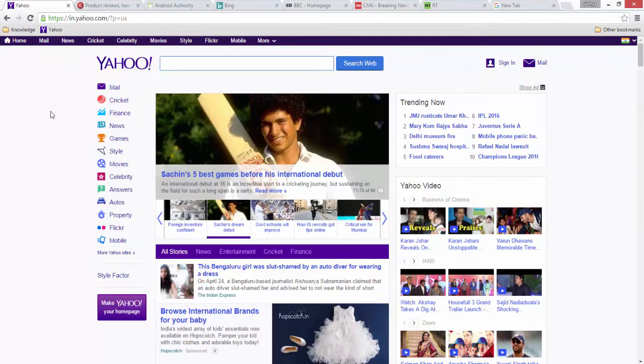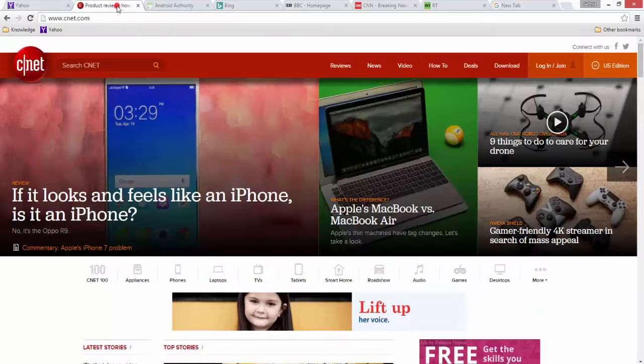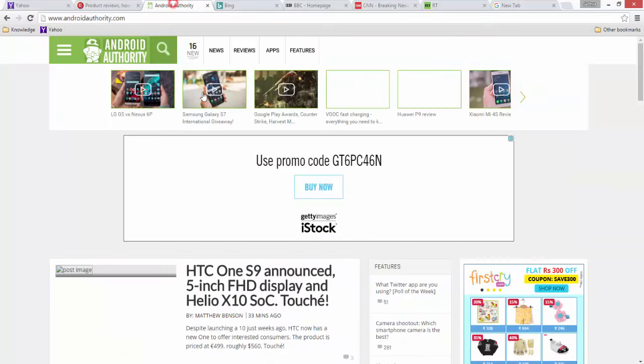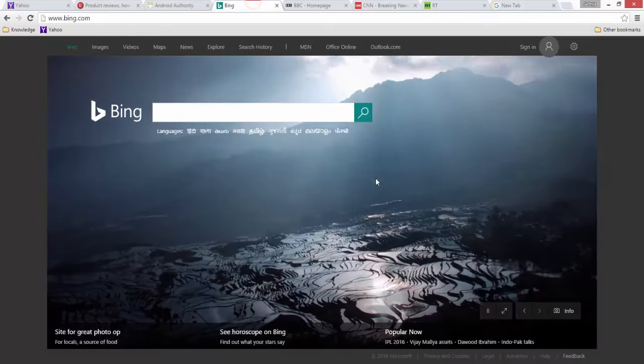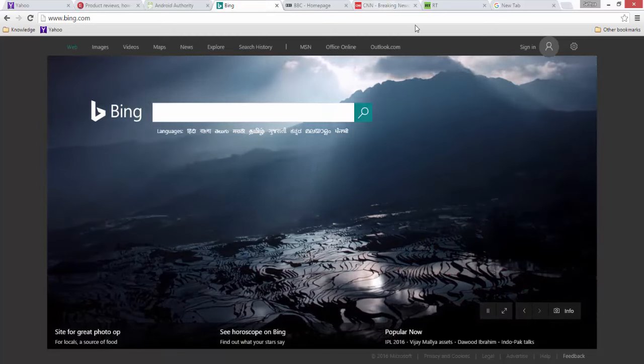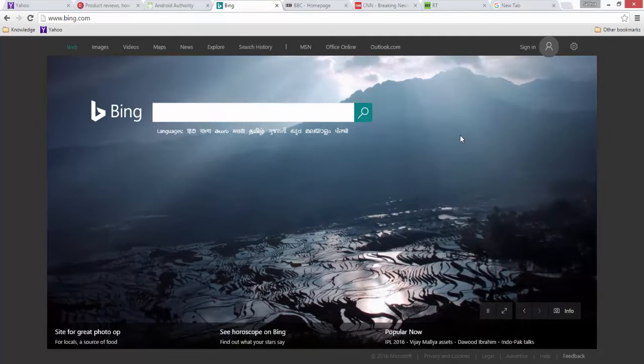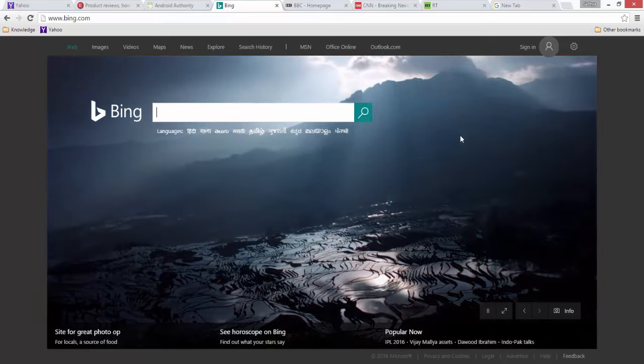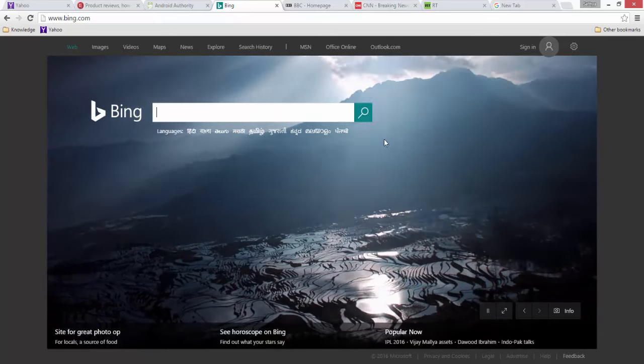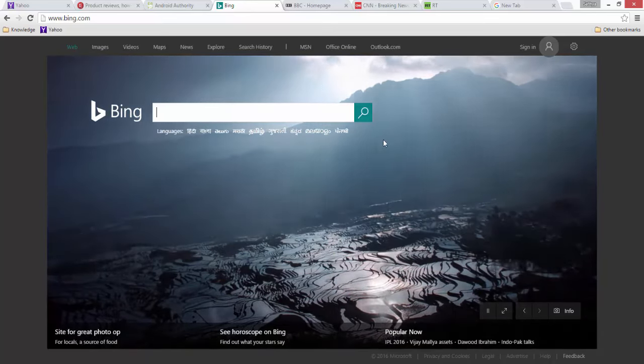Let's say you have multiple tabs open, let's say Yahoo, CNET, Android Authority, Bing, BBC, CNN, RT. You want to bookmark all the tabs in a single go. How can you do that? There's a shortcut for that.